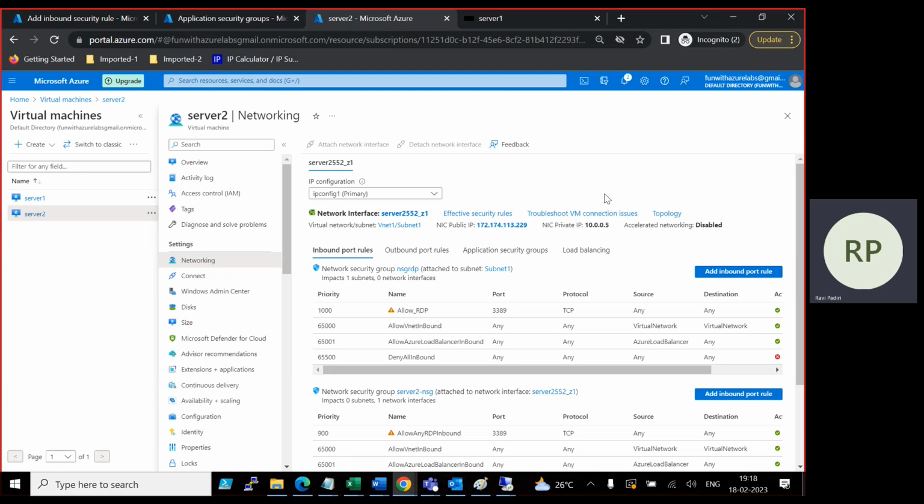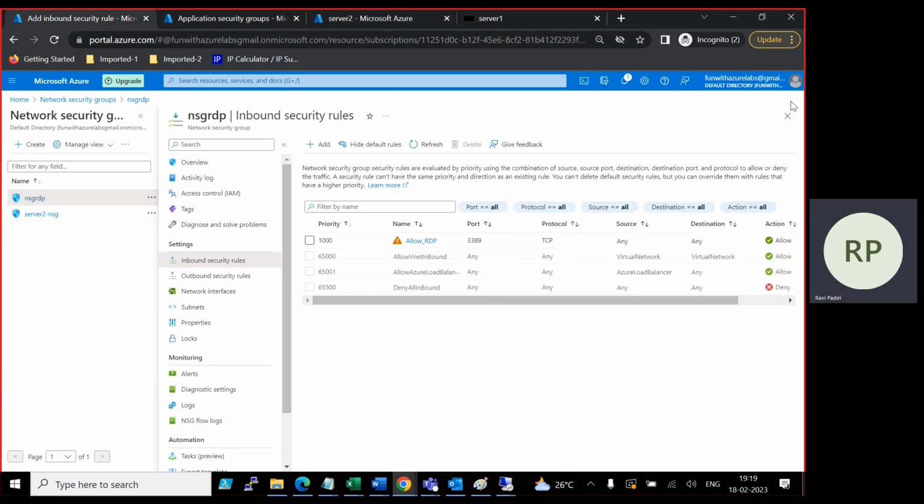Usually web servers or app servers will be open to public because that would be the front page of any application. The end users can log in or access them. But when it comes to database servers, they are not open to public, so they will be on highly secure subnets. So we should not be able to access those servers from outside, or in many cases they should not be accessed from within the other servers as well. So in this scenario we will try to,